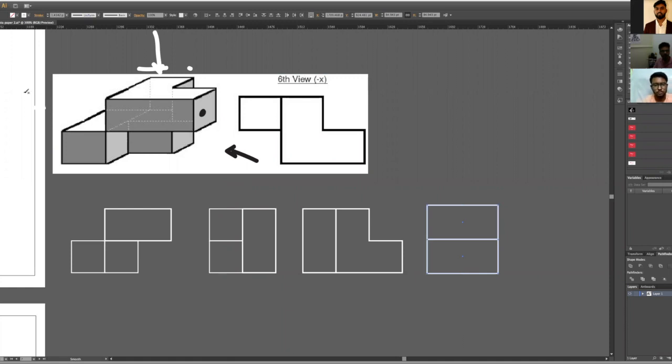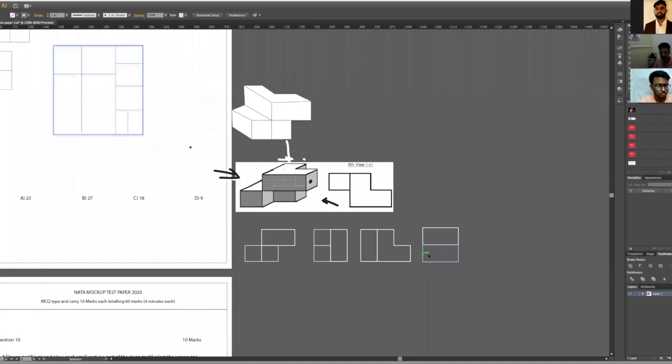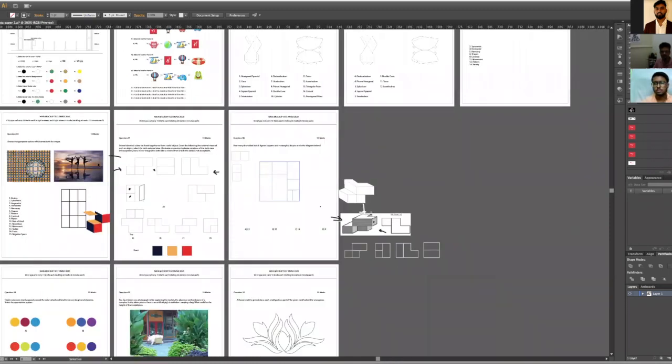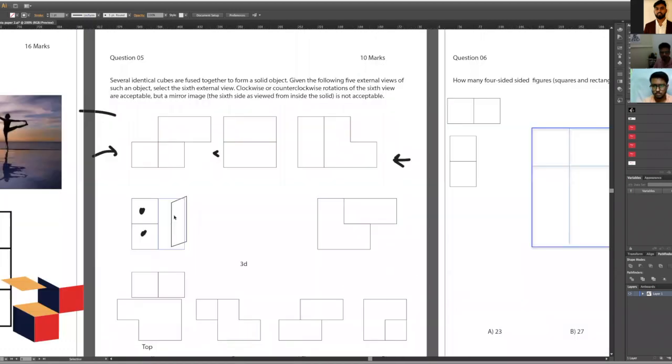When you look from here, this is how it will look. So these are the 4 sides which we have decoded. These are the options basically. One is given, another one is the top view. Now this is the 4th view which we have solved.